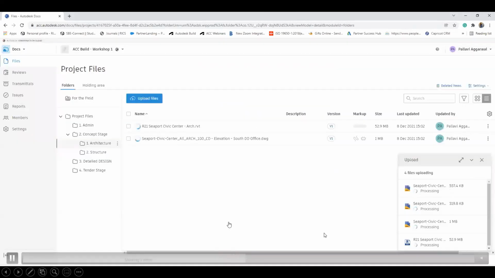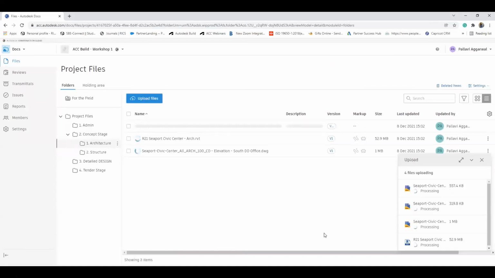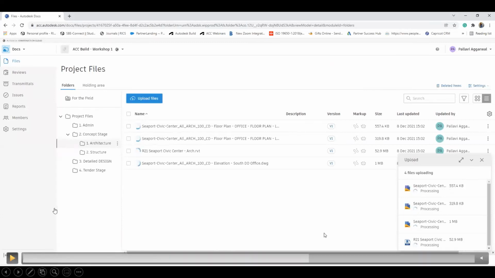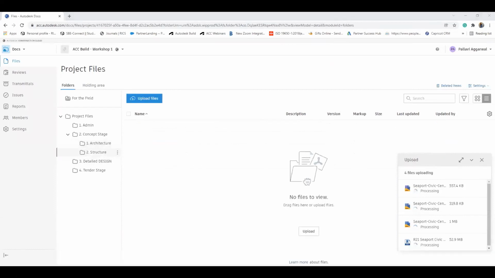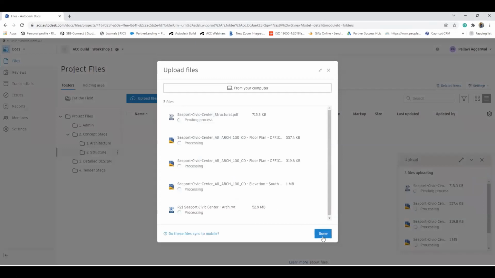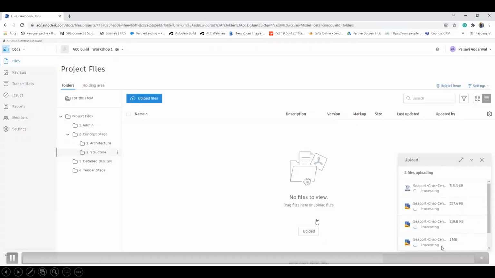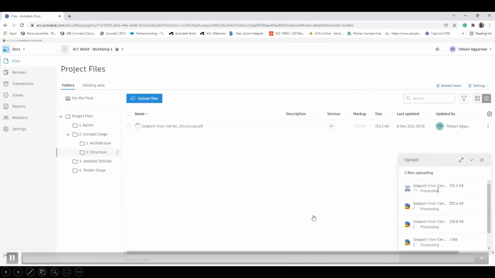At the same time, I can add multiple files in different folders, and with good internet speed, these files will get uploaded in the cloud in no time. It will also give you a set of information about who has uploaded the file or what the file is about. So I know the folder, I know the file name, I know when it was updated, and whom it was updated by. That helps us keep track of what information is being updated by whom, because if it is a cloud platform, you need to keep a check on what is happening at which stage in the file or in the project.